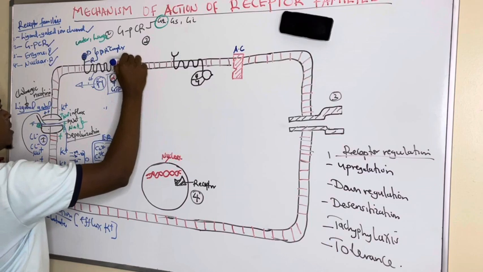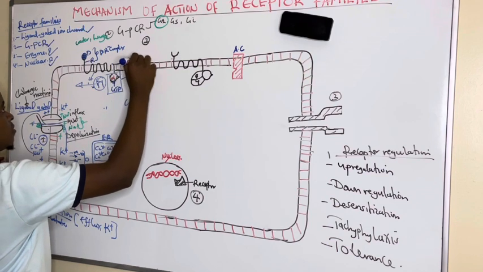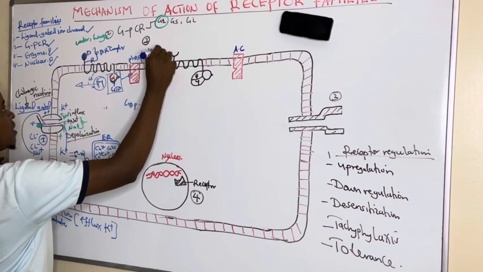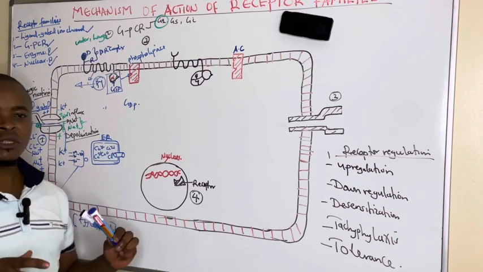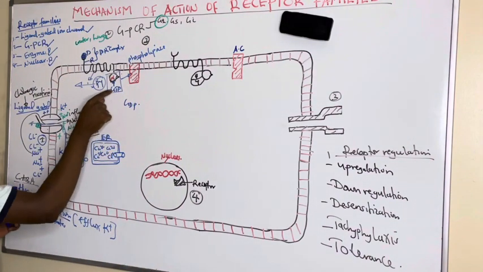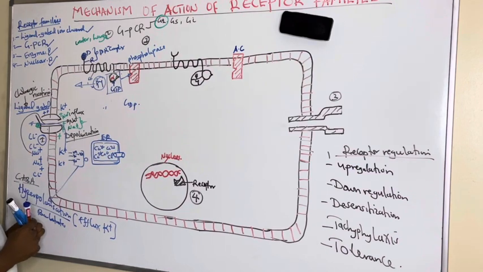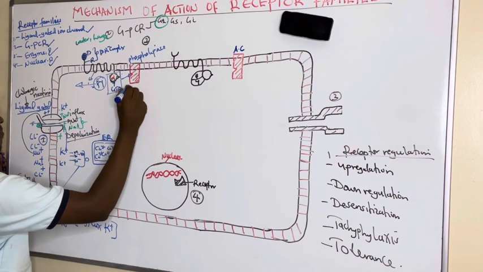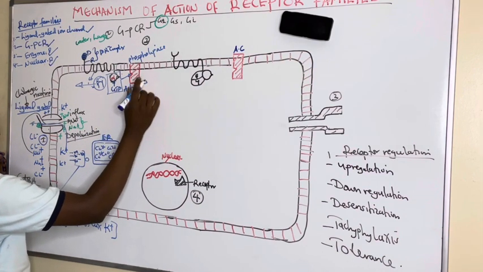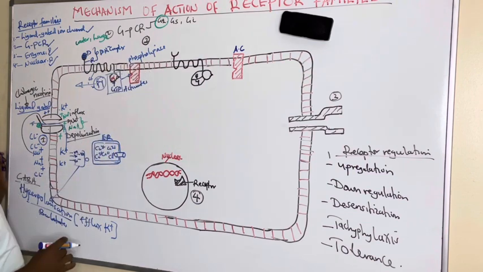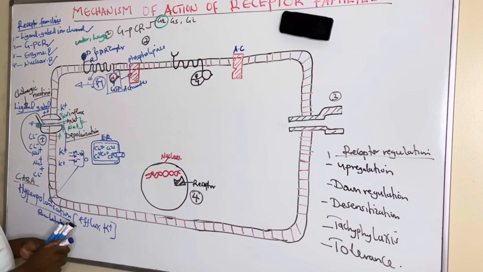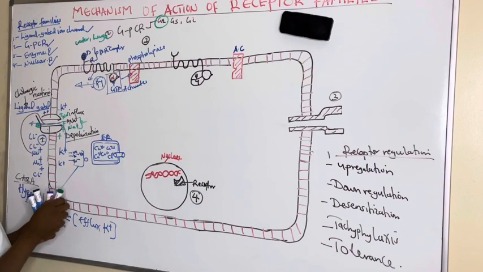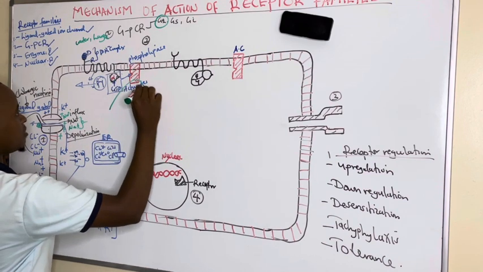This phospholipase is a membrane-bound enzyme, which is always inactive without the drug. But when this drug binds, it becomes activated by the alpha GTP complex. So this alpha GTP complex, after displacing GDP, activates phospholipase at the membrane, and after activating phospholipase, which was inactive, it is going to convert